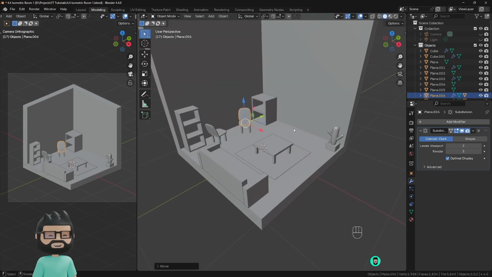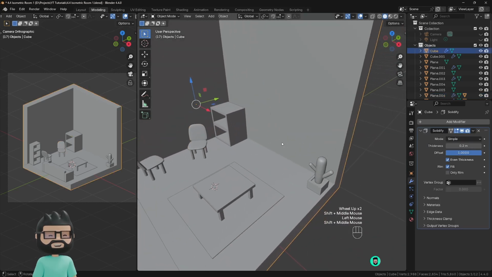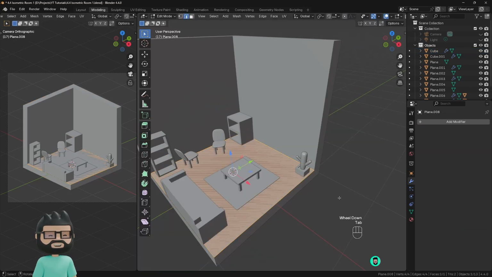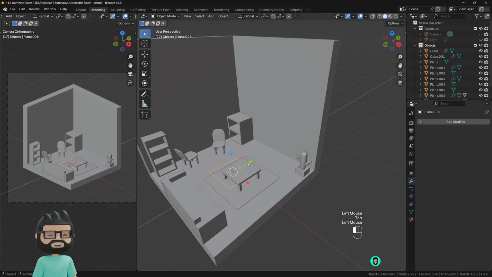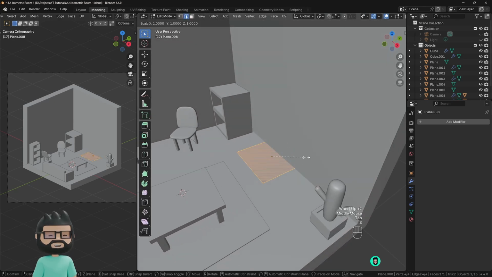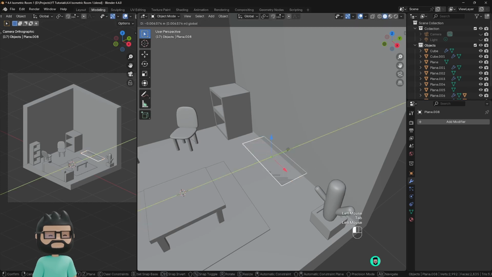Let's add a TV unit here and complete the scene just like the last one. So for the TV unit, it's going to be simple like last time. Shift A to add a plane, tab into edit mode, S to scale about this much, tab out of edit mode, move it around here, tab into edit mode, S and Y to scale, scale it till here,